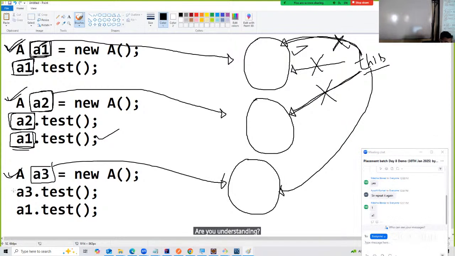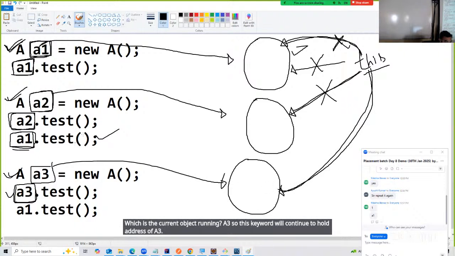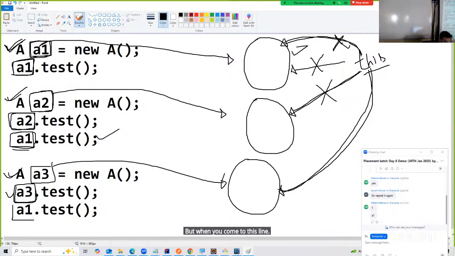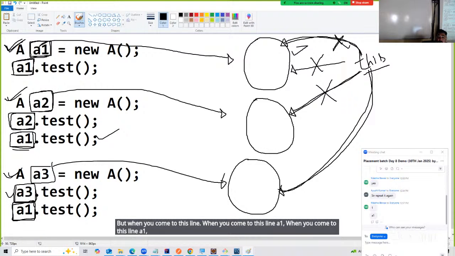When you come to this line, which is the current object running? A3. So this keyword will continue to hold the address of A3. But when you come to this line, A1, understand, this keyword is now not pointing to A3, it will again point back to A1, which means it will hold the address of